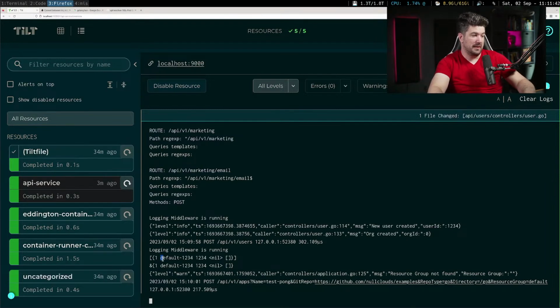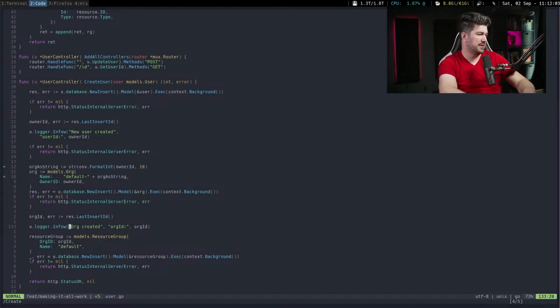So this is the name, the owner ID, and its ID. Okay. This is interesting. We know that this right here is returning a 1. It's returning a 0. But maybe its ID